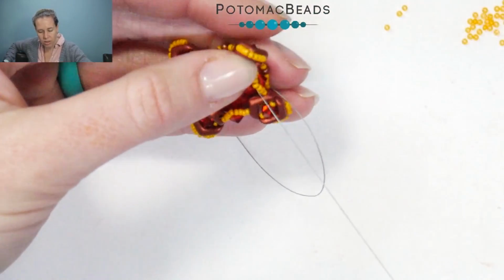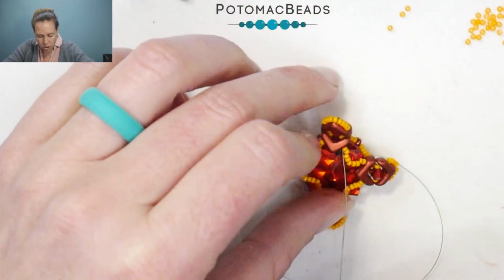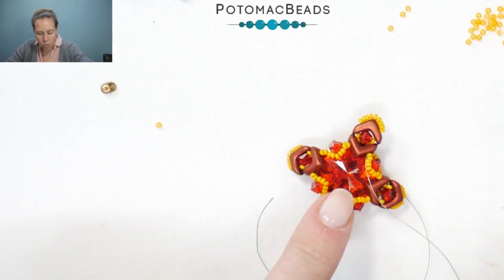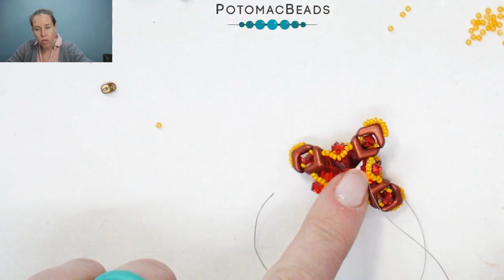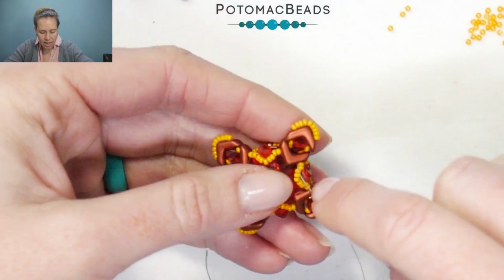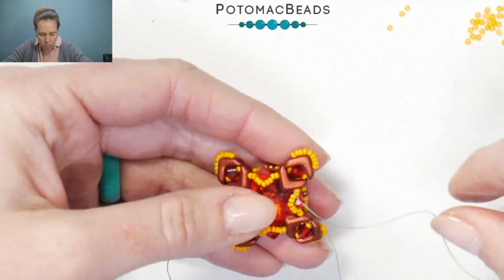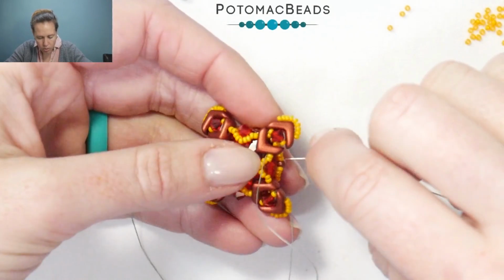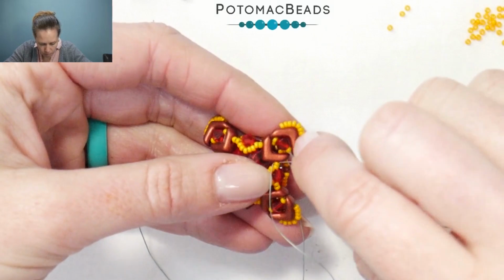We're now going to come to the center of our sunshine pendant, and when I come to the center of the pendant, I'm going to come out through the third bead in that grouping of 5, and that's going to allow me to kind of get this crystal in there a little bit more. We're going to go through the first 2 beads there coming out of the grouping,